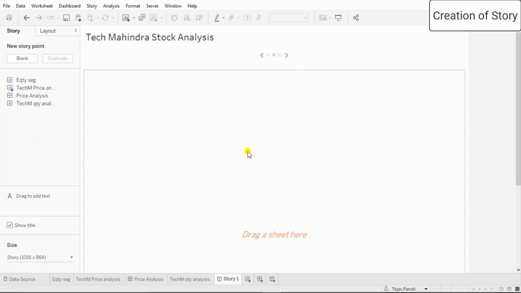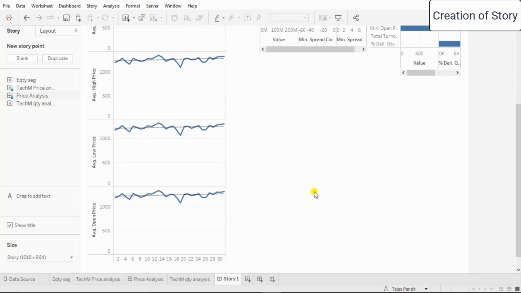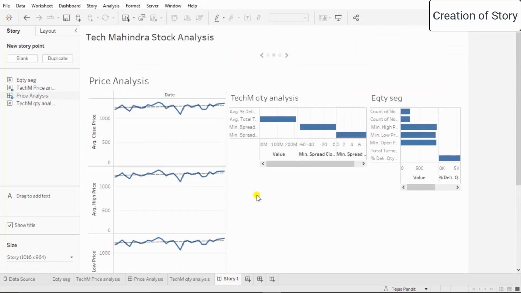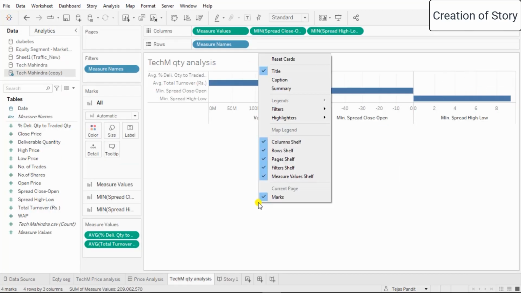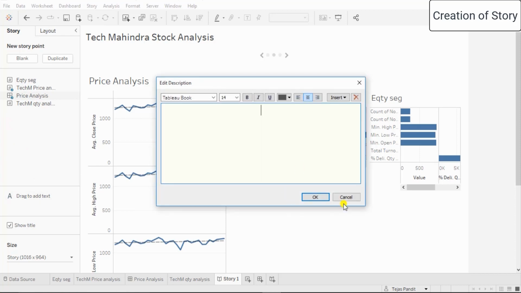So in this second story, I'll drag an entire dashboard. Okay. So now after dragging the entire dashboard, what do we intend to write or study here? Right. Let's right click on this. Okay, there is no right click. You can go to sheet. You can also use it as a filter. You can add or show a hide button. Let us do, yeah, once you have done this, then you can drag and add texts over here. Okay,